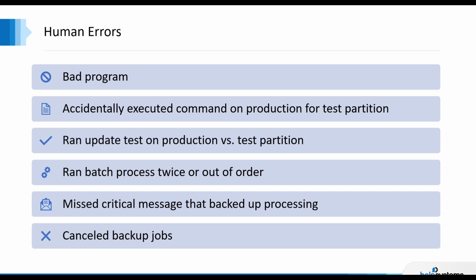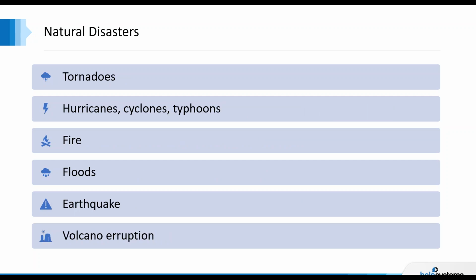Every week we have people contacting us looking for message monitoring because they don't have anything and they do it occasionally, and sometimes inquiry messages linger out there for a long period of time, interrupting or delaying batch processing, and sometimes they can go undetected until the next day, and that's really easy to fix. And finally, canceled backup jobs. Backups can be canceled or interrupted for many reasons, or at least not be successful, and so we want to make sure you get a good backup.